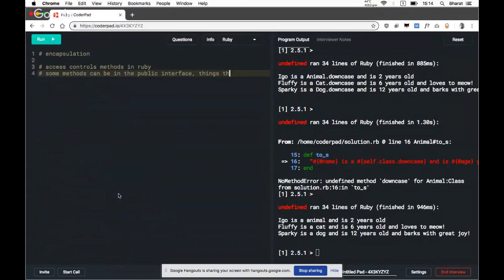Things that we feel ought to be accessed outside of scope. While some methods remain private to the class, and some methods are accessible to instances of the class.